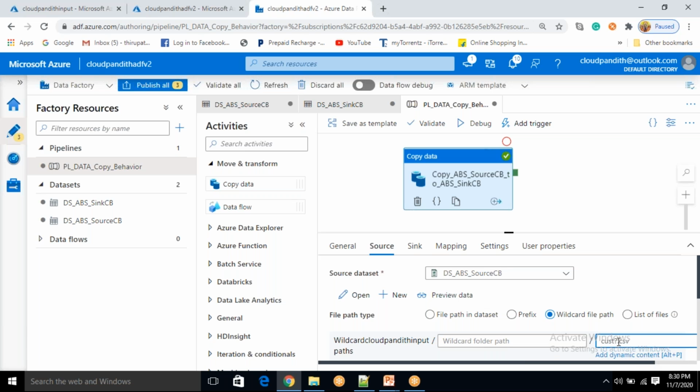As per our discussion, cust?.csv means at the question mark place you can have something or nothing. Even if we have cust.csv it will pick, and even if we have cust1.csv it should pick. Let's see, click debug.